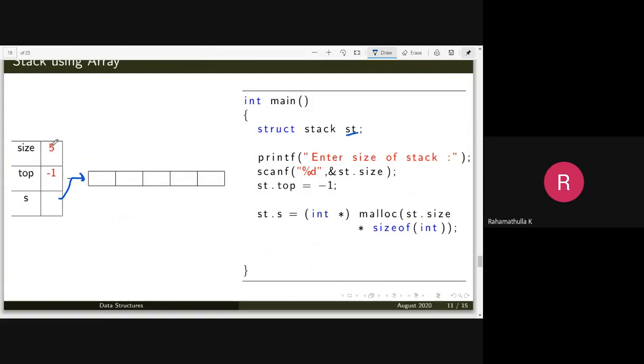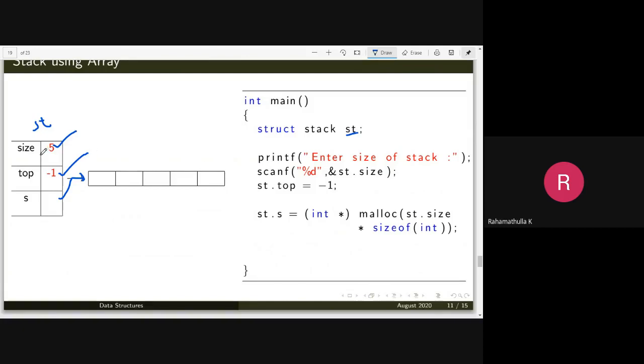Let's say you have read 5 here, and top equal to -1, that also you set. In order to create this structure, the stack structure is already defined. Now you create a variable st out of the structure. Once you create the variable st, st has three components: size, top, and a pointer to s, a pointer to an integer or integer array.